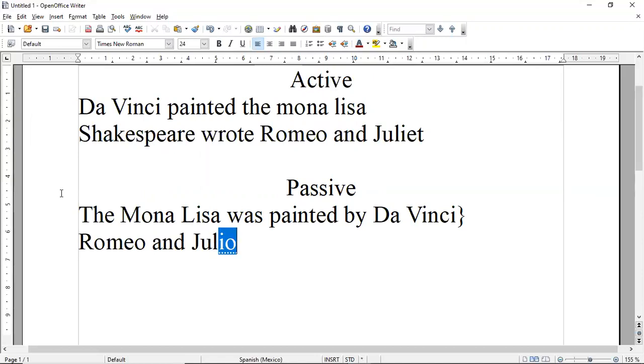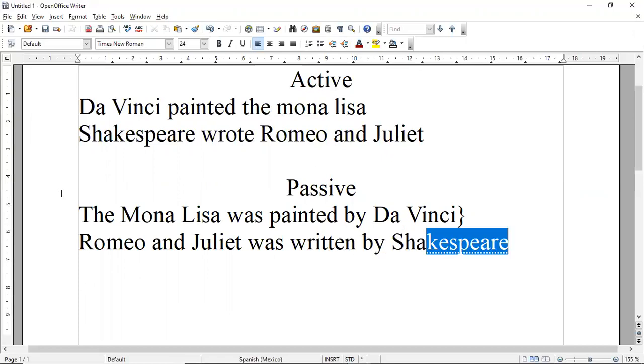Romeo and Juliet was written by Shakespeare. Okay. So here we have the active. Da Vinci painted, Shakespeare wrote. In the passive, you grab what they painted or wrote and put it on the front. Your direct object goes here, your subject goes over here. The Mona Lisa was painted by, so this is basic passive, right? What they're doing here